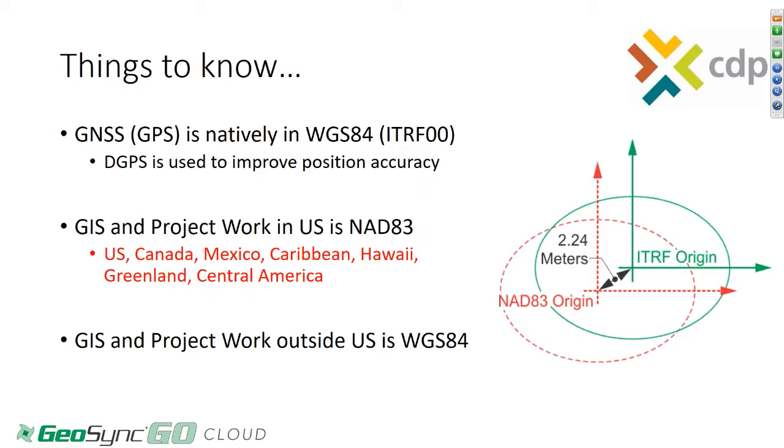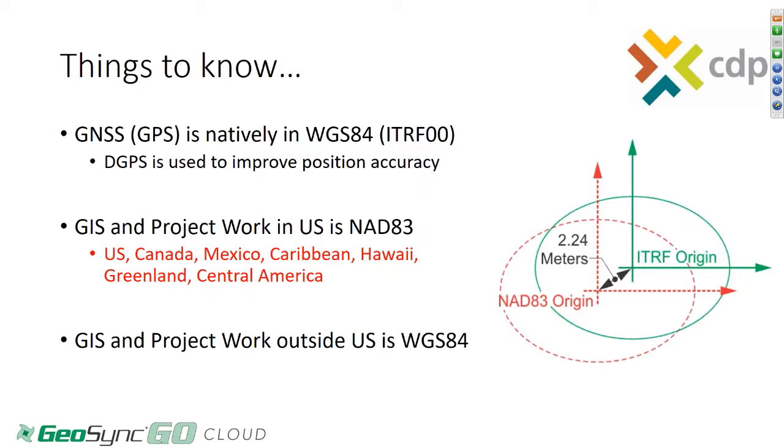So that's important. If you have a GPS device and it is providing you a latitude and longitude, then it natively works with the WGS84 datum because it's capturing information from the satellites. It's using that ephemeris, and that reference frame or datum is what it's using to calculate your position. That raw position is corrected and improved using a procedure called DGPS, or differential GPS, and that's the only way we can really get those positions into an accuracy that is